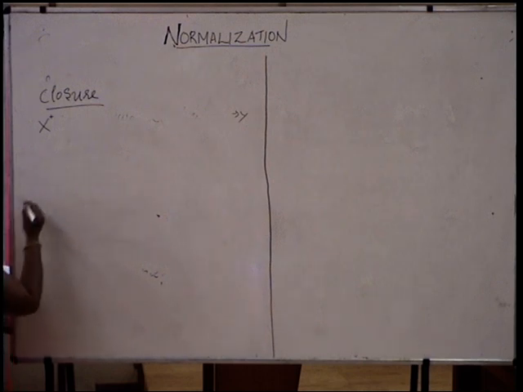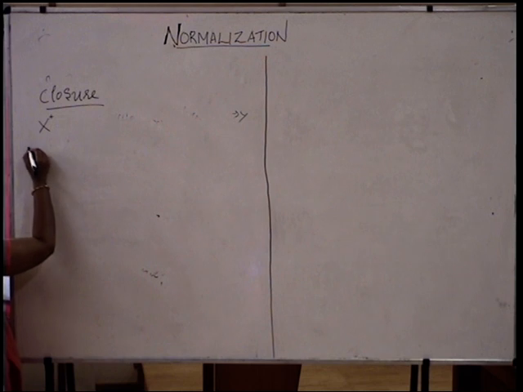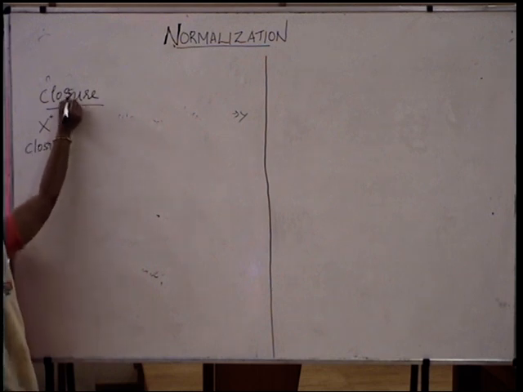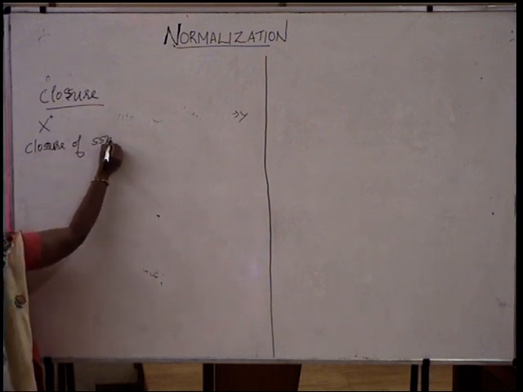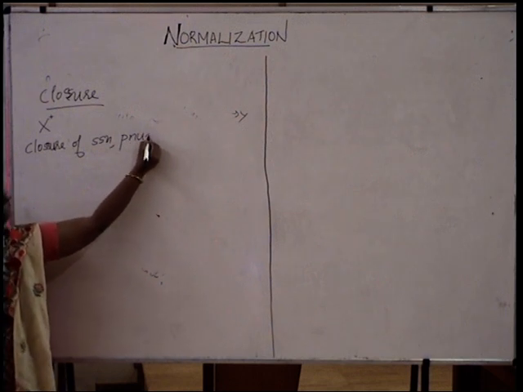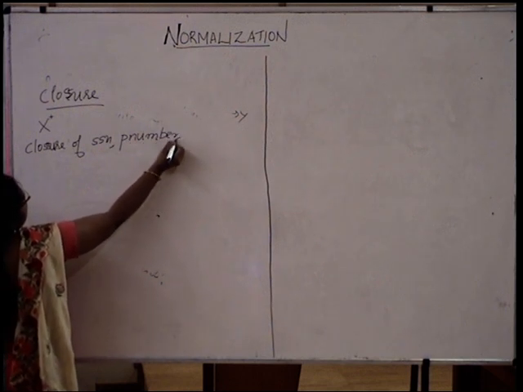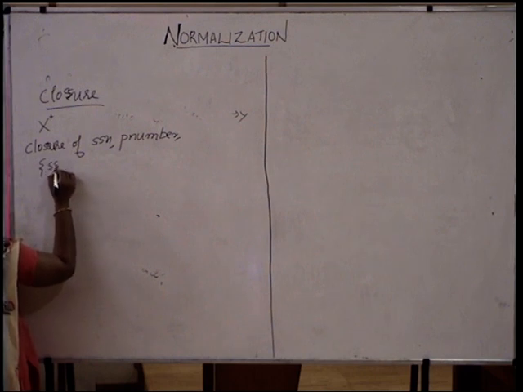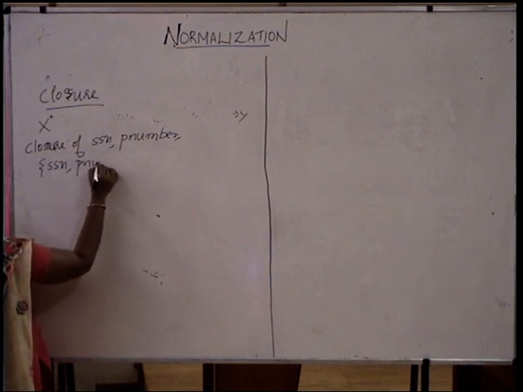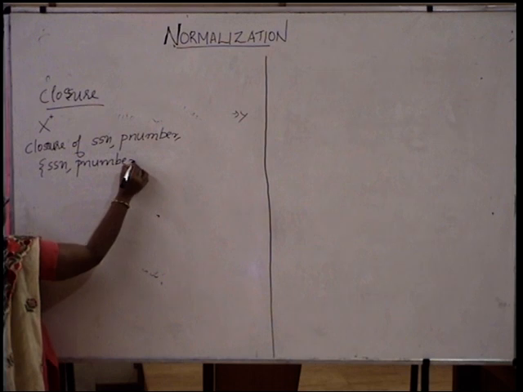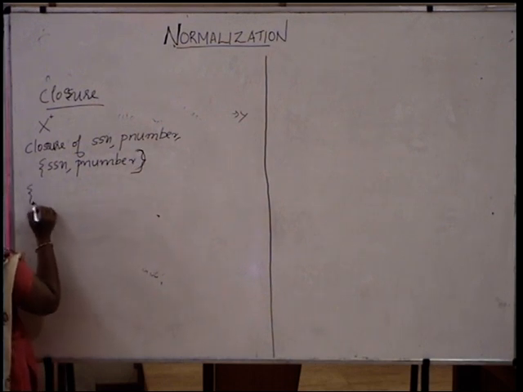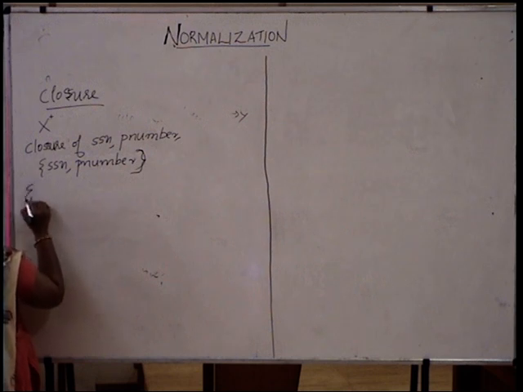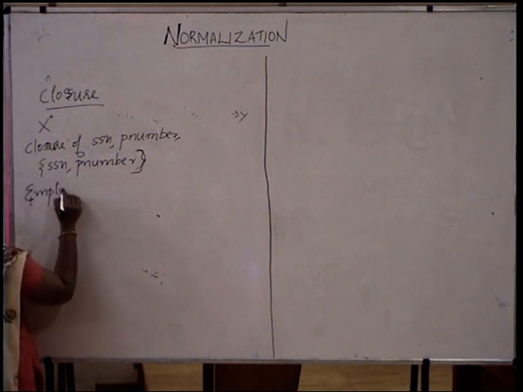We will start from an example. Find out the closure of SSN, P number, SSN, P number from the given schema of employee table,